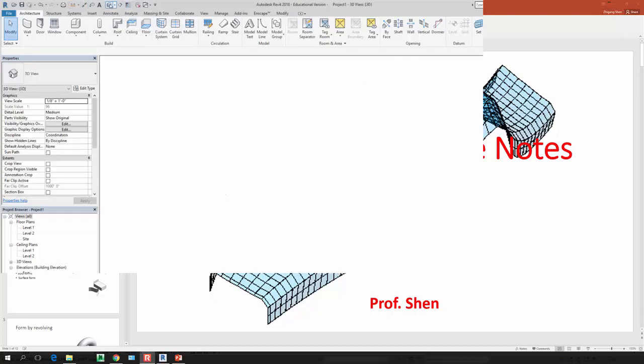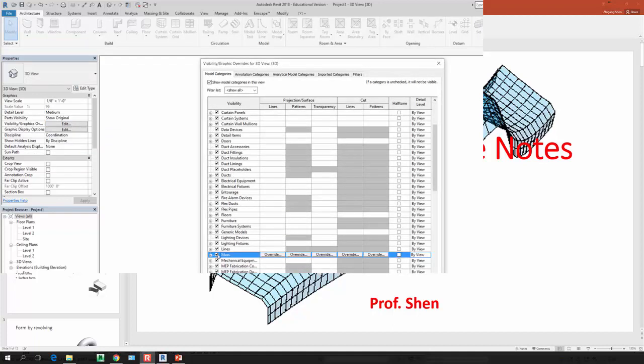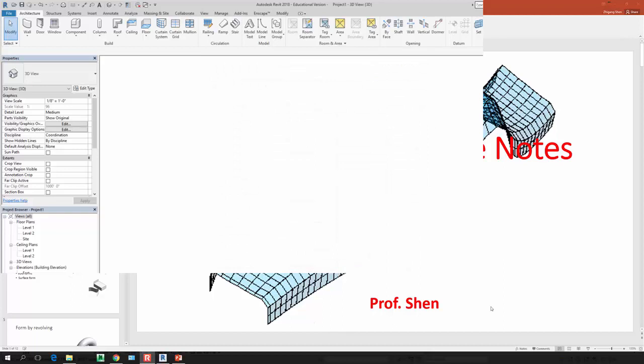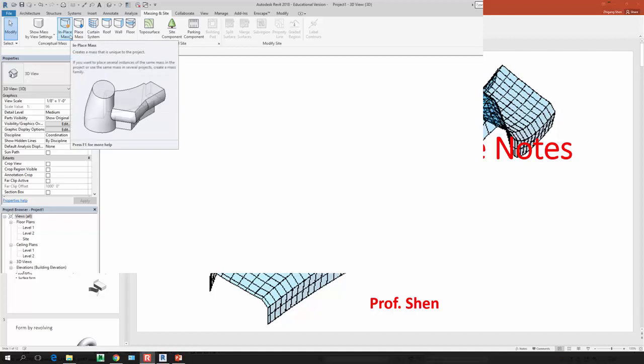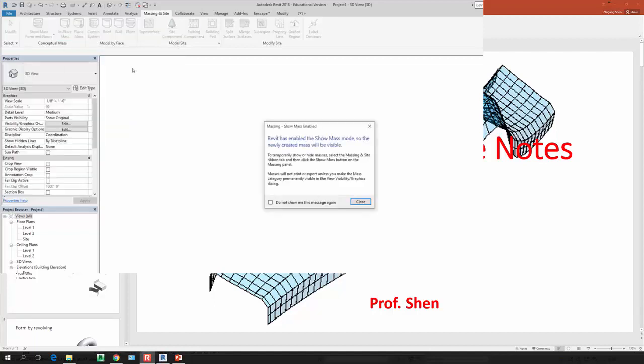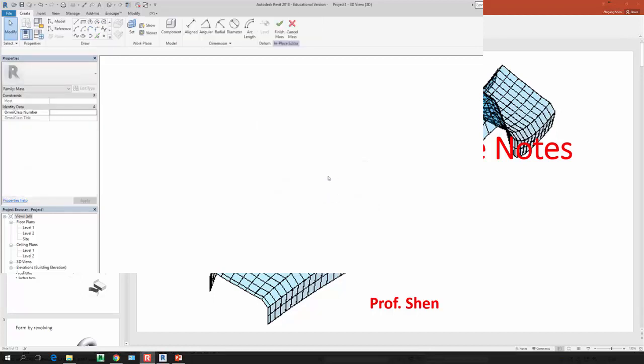Okay, well, we can go to 3D view. You can turn on the visibility of your 3D view to include your mass. If you go to mass, check the box so you can make them visible. And afterward, let's go to massing on the site and click on in-place mass. In-place mass is highly customizable, right? Mass 1. So just simply draw a box,